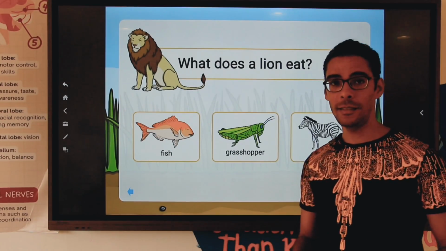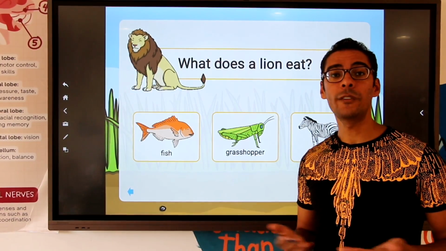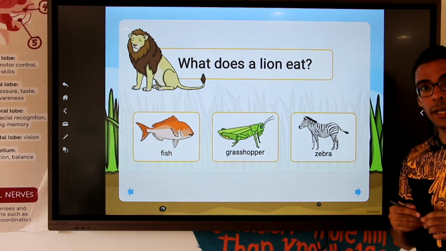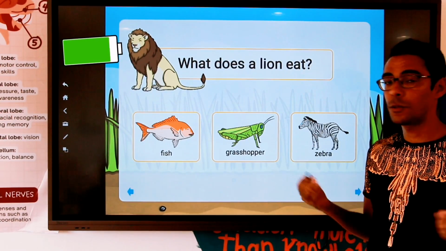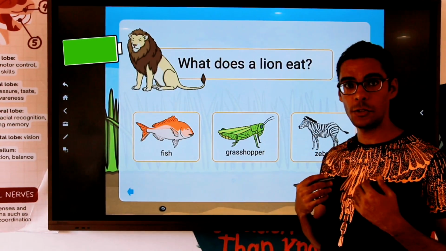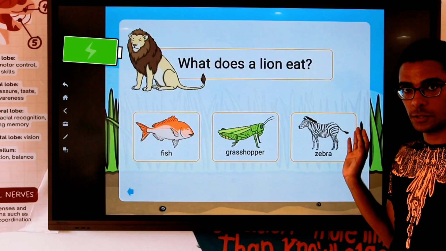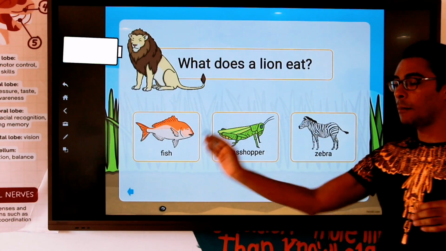The next example that I have for you here is the lion. That happens with all animals wherever they live. So the lion here might be looking for a source of energy. And the lion, like the previous example, doesn't do the photosynthesis process. So how could the lion get the energy? Actually, not by the photosynthesis process. They cannot. But maybe by eating one of these examples.